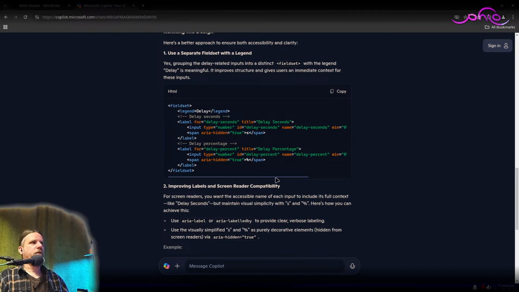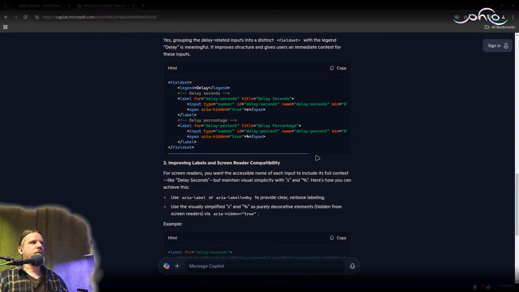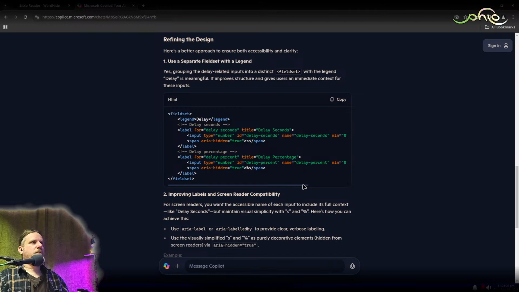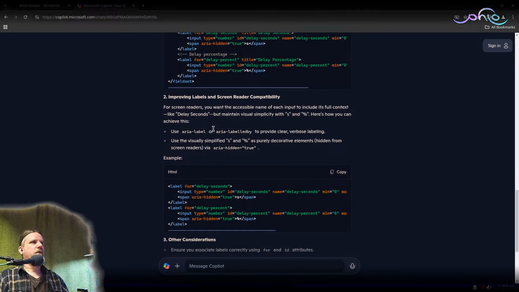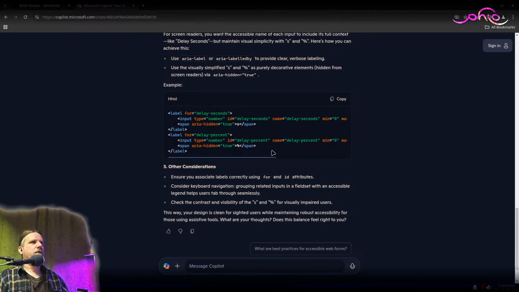Maybe so that on a screen reader those don't show up. Okay, so improving labels and screen reader compatibility. For screen readers, you want the accessible name of each input to include its full context, like delay seconds, but maintain visual simplicity with S and percentage. Here's how you can achieve this. Other considerations, make sure you associate labels. Okay.